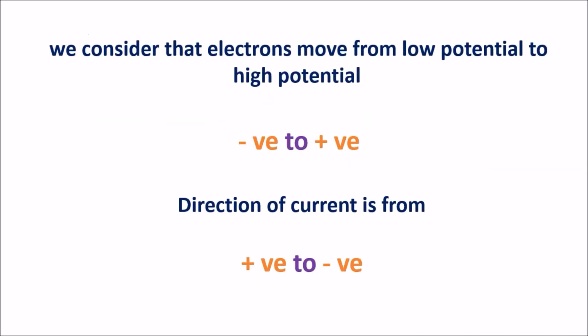Here don't get confused. Direction of electrons in a circuit is from negative to positive. Direction of current in a circuit is positive to negative. Direction of current is opposite to the direction of flow of charge, or direction of flow of charge is opposite to the direction of current. In your examination point of view, the second point is so important, that is direction of current, that is from positive to negative. This we are going to learn in our next lectures.